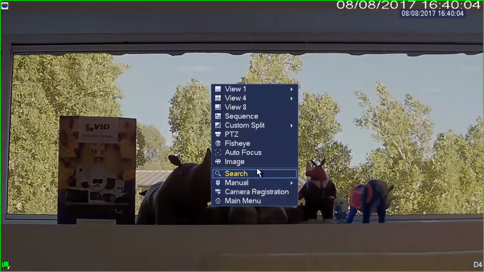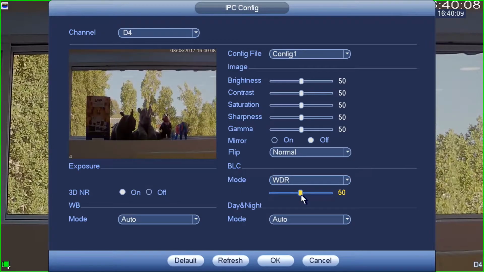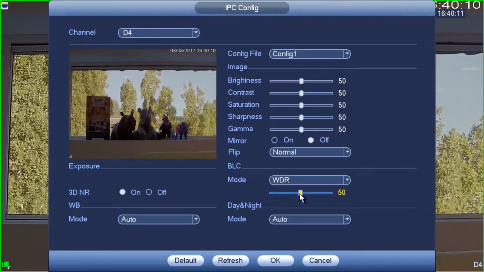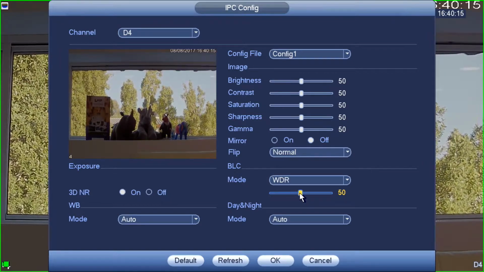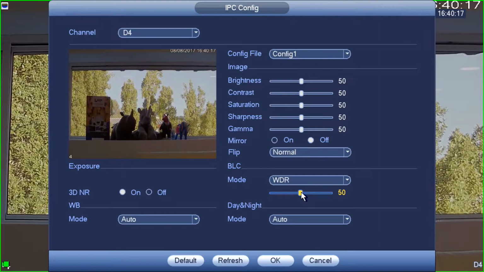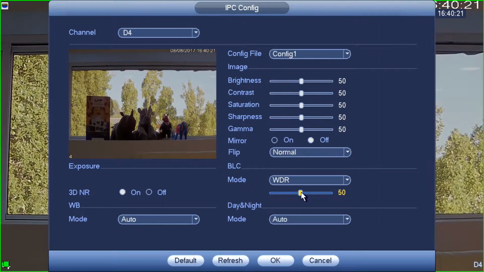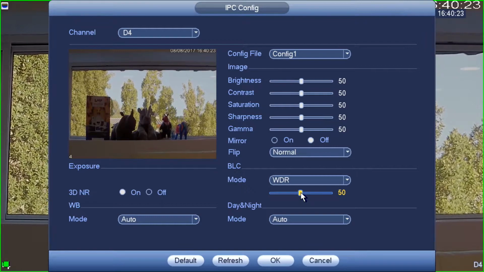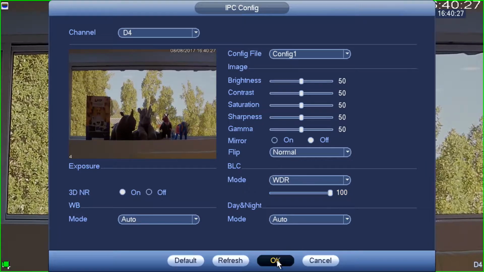So just to jump back into that menu, you see we've got a slider down here under WDR. Now this sets, I suppose, the intensity of the wide dynamic range. I'd suggest that you normally set this at 50, and don't touch it unless you have to. However, just to show you what it does, I'm going to show it to you at the extreme. So if I turn wide dynamic range all the way up,